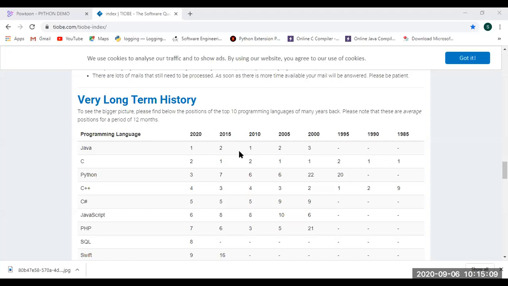Next, in 2010, 6th rank, 2015, 7th rank. Again, from 2015 to 2020, there is a shift in the rank from 7th rank to 3rd rank. That means there is a 4th shift in the rank. Guys, these things indicate that there is a huge demand in the IT company for Python. Python is extensively used in different fields. Which are those fields? I will give the clarity. Why should you worry about that? This is the quick introduction about Python.